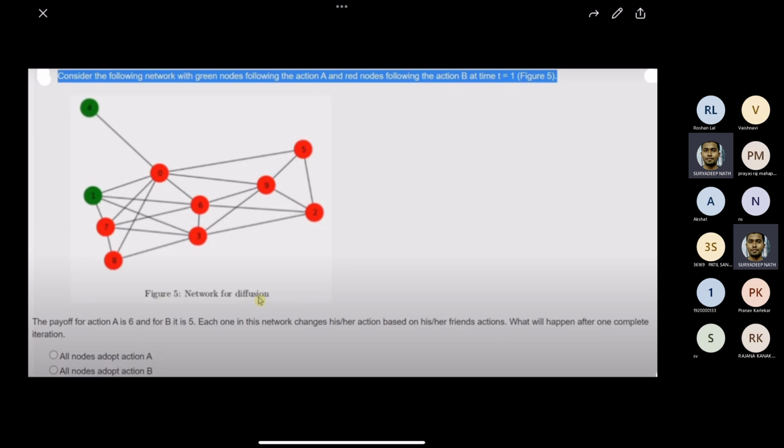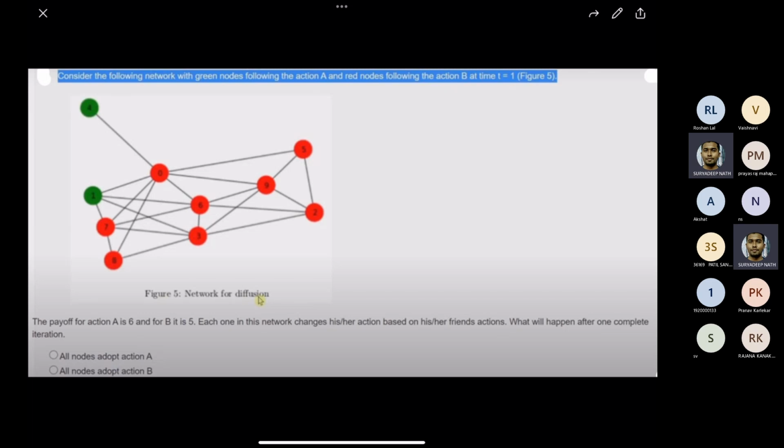So for node 0's payoff, it is mentioned that each one in this network changes its action based on its friends' actions. So node 4 will definitely change to the red action, that is action B, after one iteration. For node 1, again it will be influenced by all its neighbors, which are red, and it has no neighbor which is green in color,